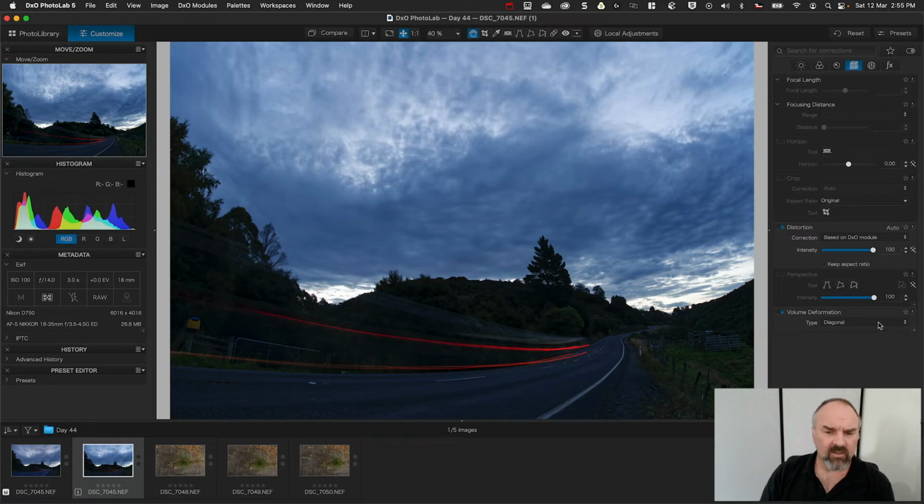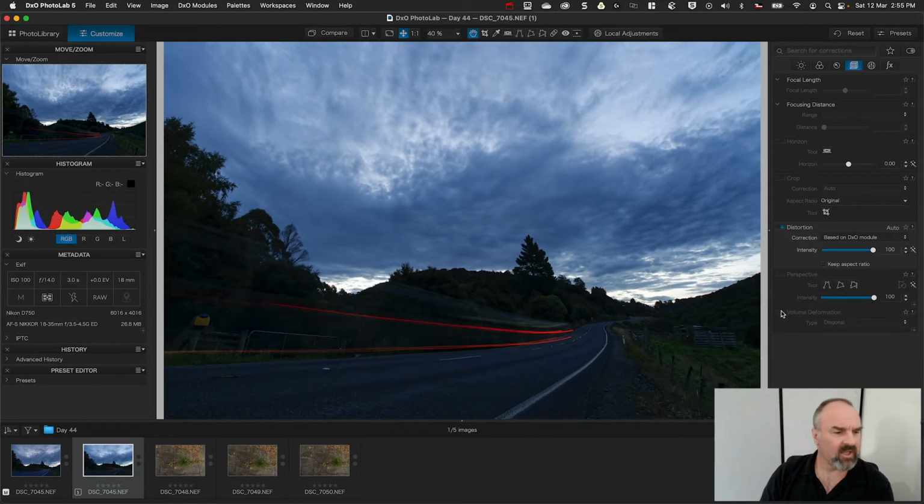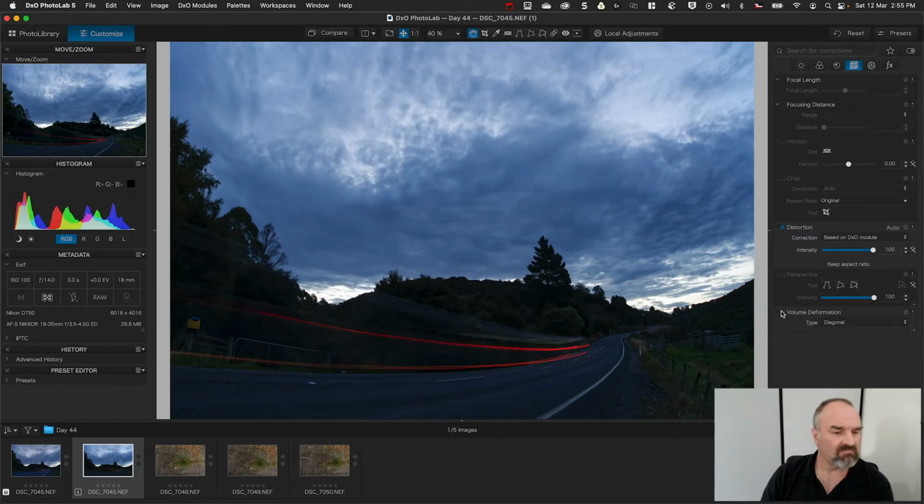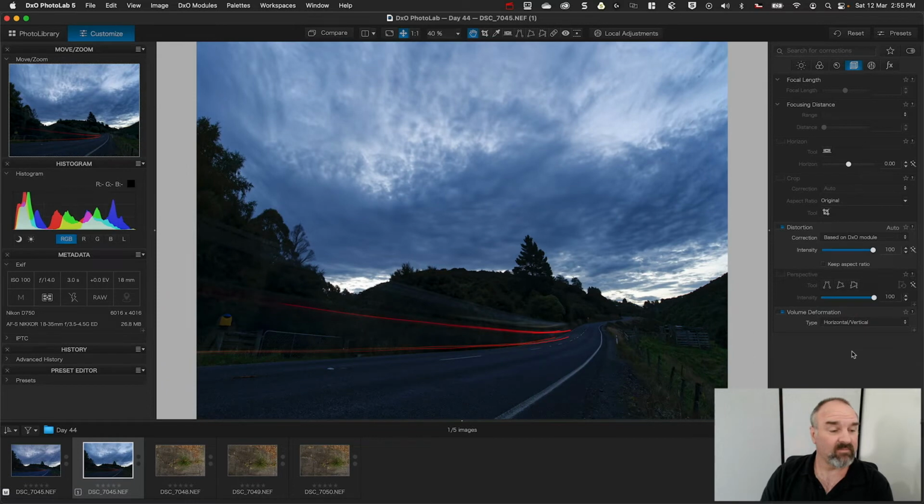So how did I go? I did that, and yeah, pretty much straightened it up. I don't use this heaps, but it is quite neat when you want. There's a couple of settings here. This is on diagonal, and it looks like it's done the job nicely. And then if I put it on horizontal, vertical,